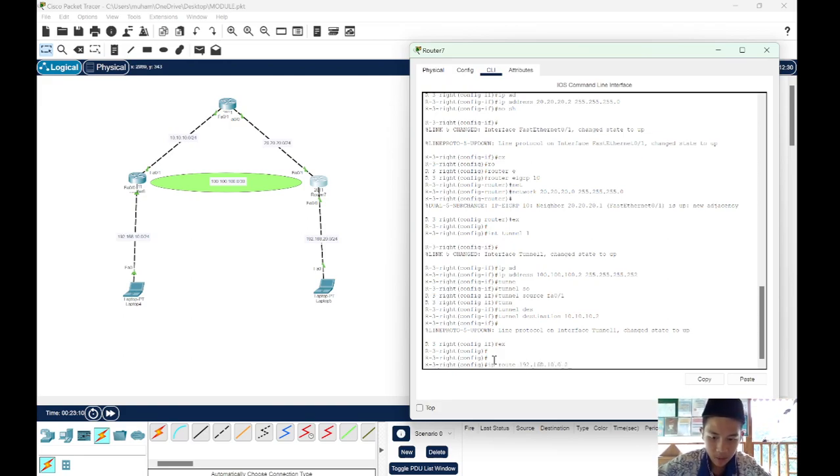And on the right router we also do the static route, IP route 192.168.10.0, subnet 255.255.255.0, and the gateway is the tunnel IP used in the left router. So we write 100.100.100.1,